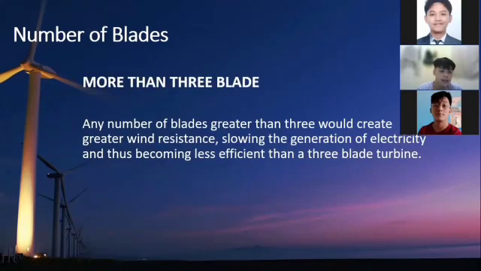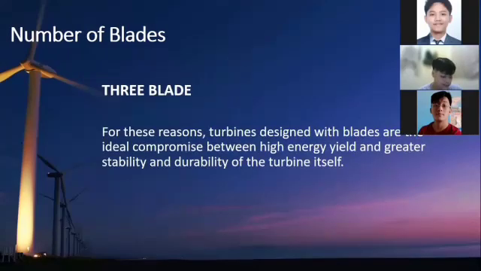More than 3 blades. Any number of blades greater than 3 would create a greater wind resistance, slowing the generation of electricity, thus becoming less efficient than a 3-blade turbine. Next, 3-blade. For this reason, turbines designed with three blades are the ideal compromise between high energy yield and greater stability and durability of the turbine itself. Next,